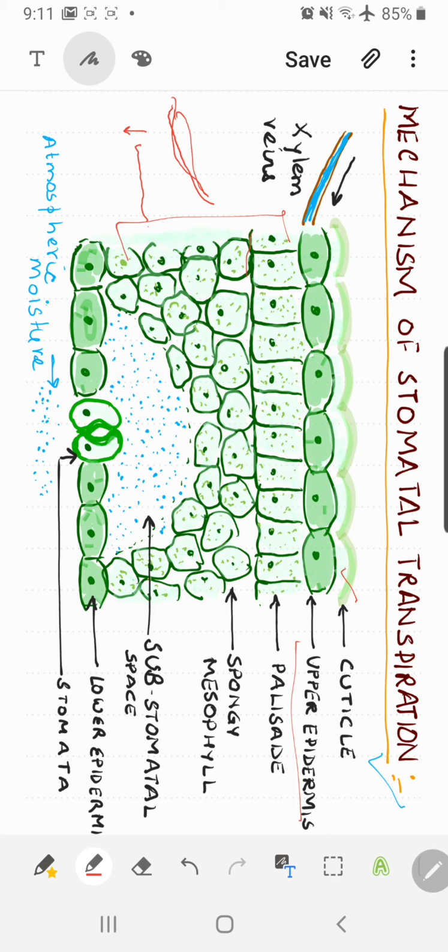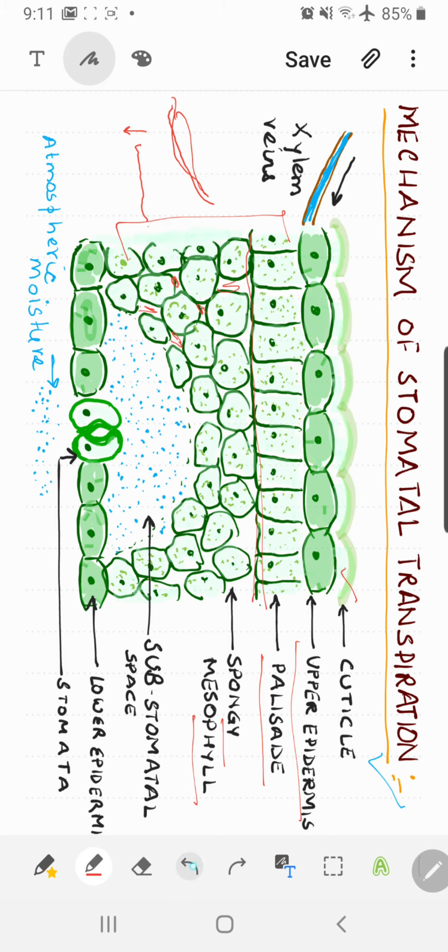You can see columnar cells here without any intercellular spaces in between. These columnar cells are known as palisade, right? And just below these columnar cells is the spongy mesophyll. Spongy mesophyll, why? Because it is able to retain much water, it has many chloroplasts to undergo photosynthesis, and it has many intercellular spaces in between. You can see that there are many intercellular spaces, since the cells are randomly arranged, right, children?